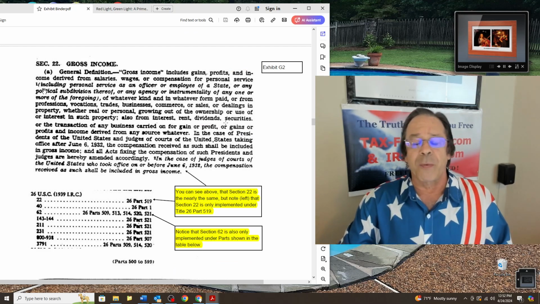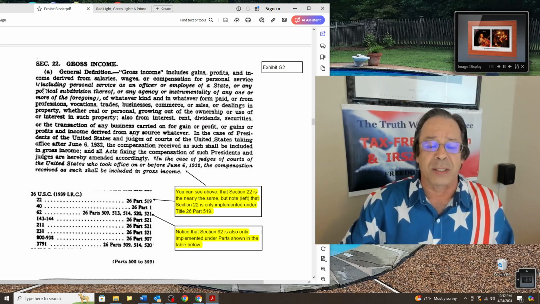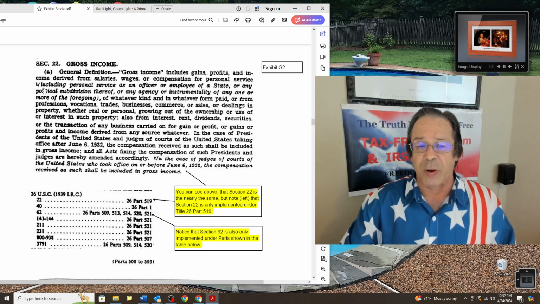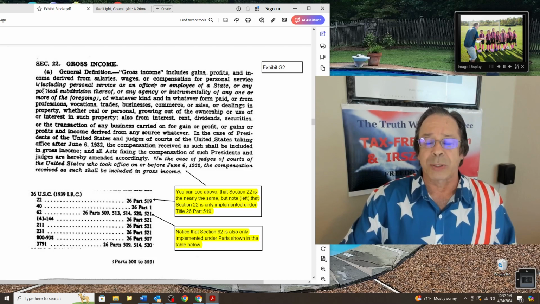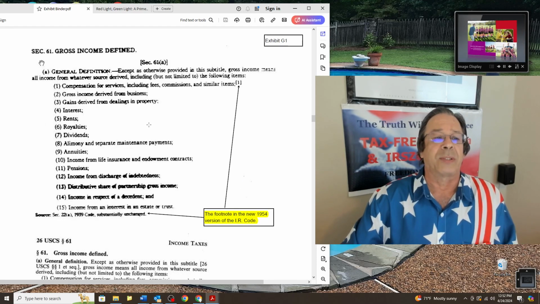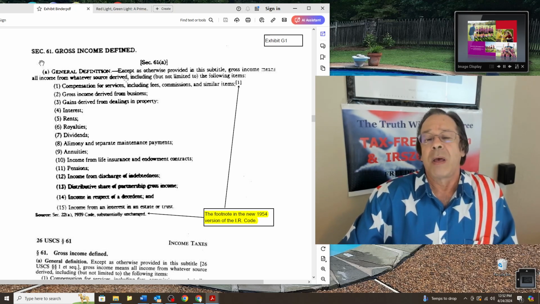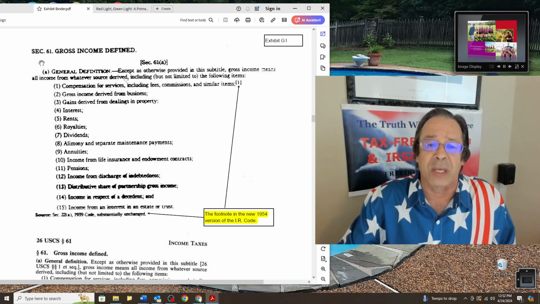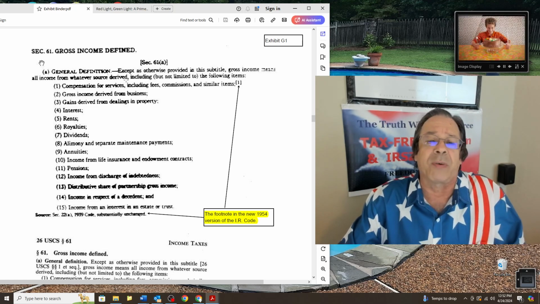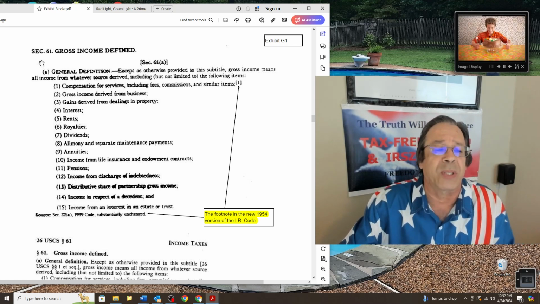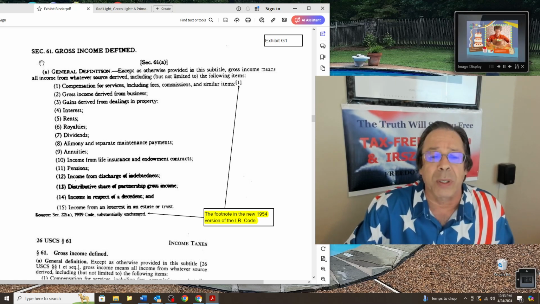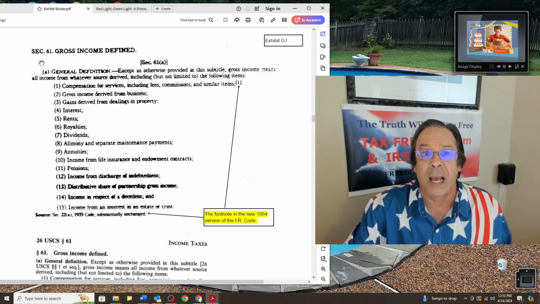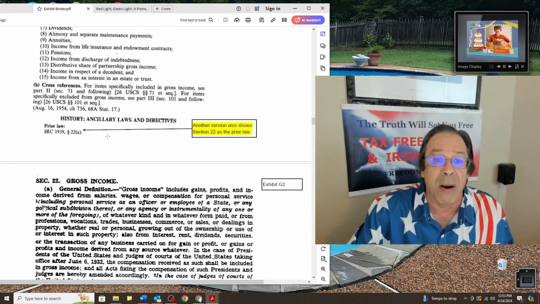And in 1954, when they recodified 22A to Section 61, I think it's fairly clear they intended to start trying to deceive the American people about sources of income. That's why Section 61 says they can tax from whatever source derived. All income from whatever source derived. They're intentionally trying to deceive you about the nature of the 16th Amendment to make you believe it created a new power to tax all of these things which previously were not taxable because they weren't subject to any impost, duty, or excise unless you were in Canada or were a foreign person in America.